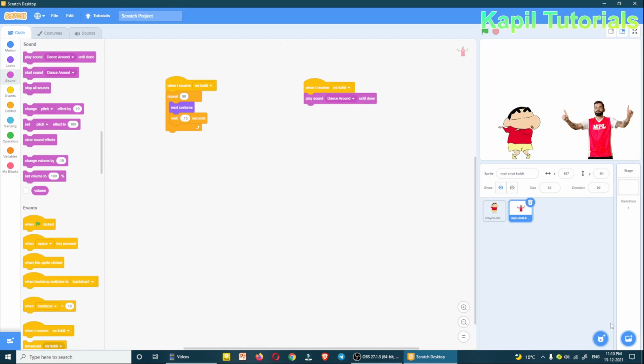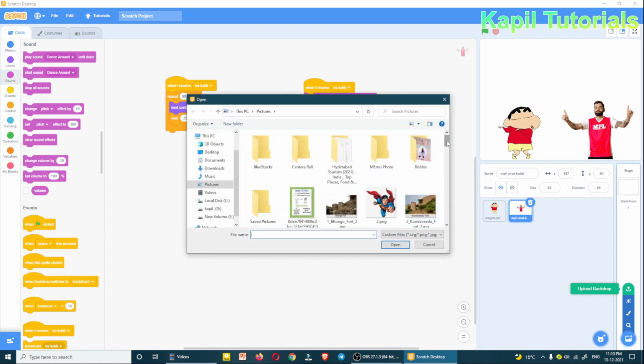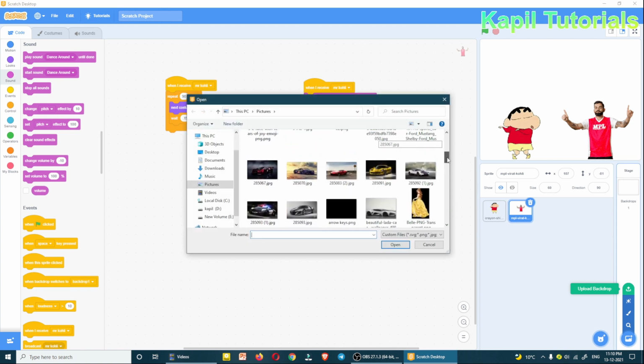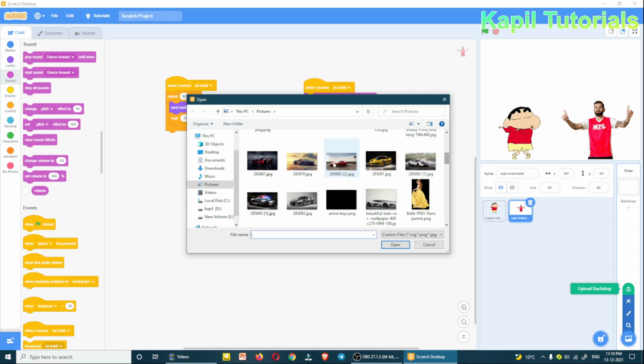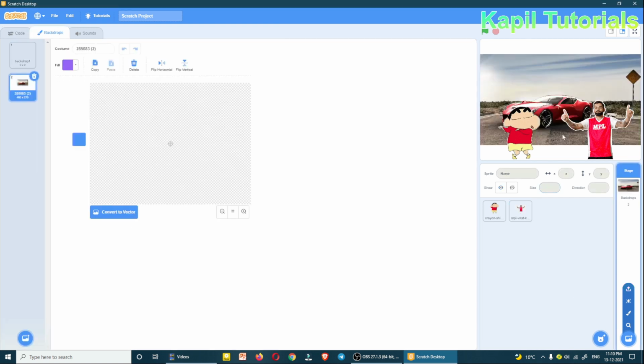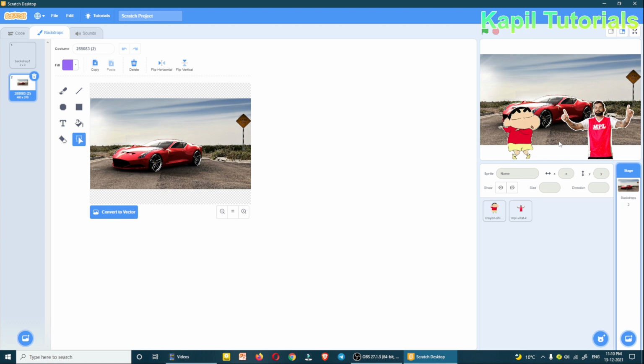And then I can add the background. That background also, if you need, you can upload a background from the screen, from the image. Suppose this one I am taking, it can take the image like this, or like this you can upload an image.